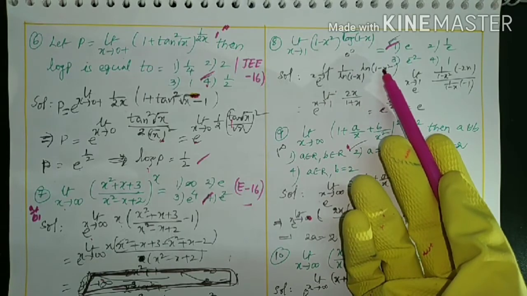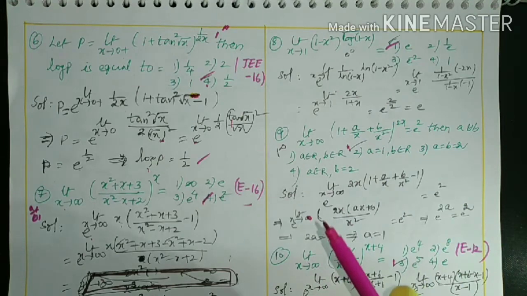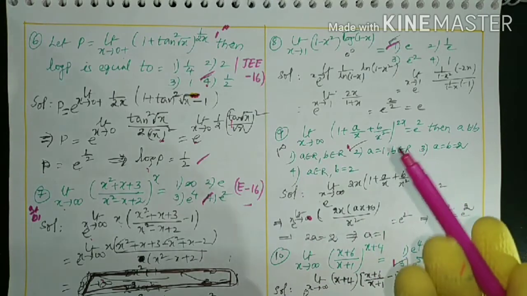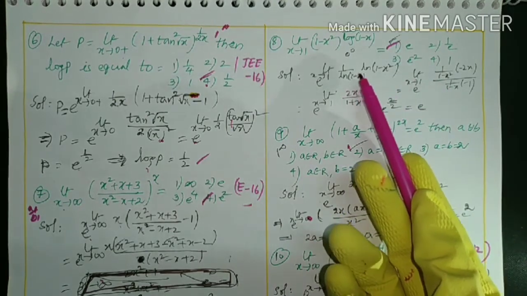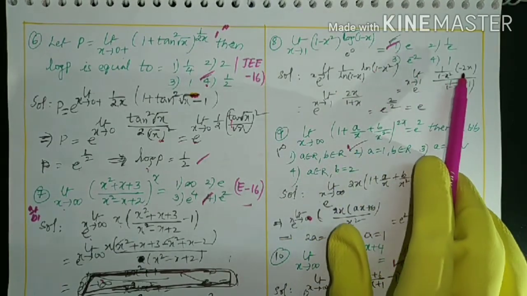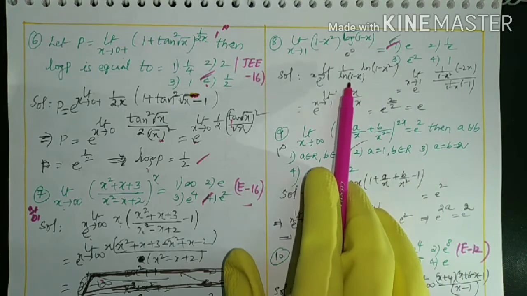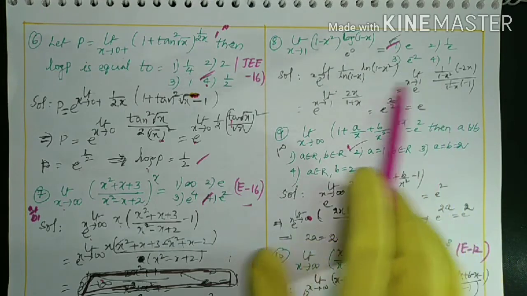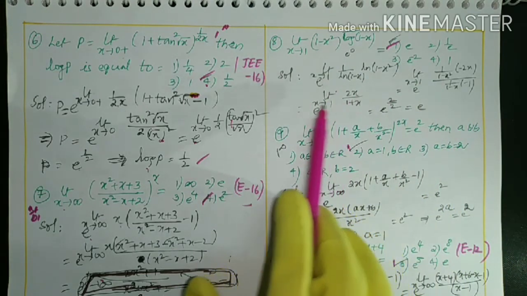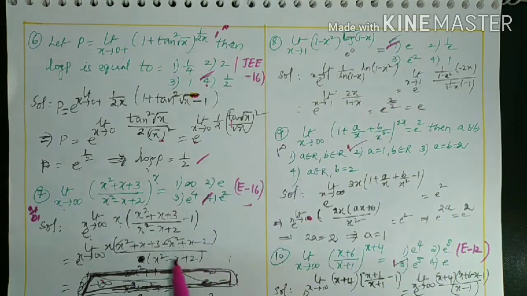As x tends to 1, log 0 is infinity, here also infinity, so infinity by infinity, and you can use the L'Hospital rule. All those rules are given in part 1, you can refer to that, and then follow part 2 also. In the L'Hospital rule, the derivative of the numerator ln of (1 minus x square) is 1 by (1 minus x square) times the derivative of (1 minus x square), minus 2x, divided by the derivative of ln of (1 minus x), which is 1 by (1 minus x) times the derivative of (1 minus x), minus 1. By simplification it becomes e power of limit 2x by (1 plus x) as x tends to 1. Placing x as 1, 2 by 2 is 1, so e power 1 is e. That is the first option.